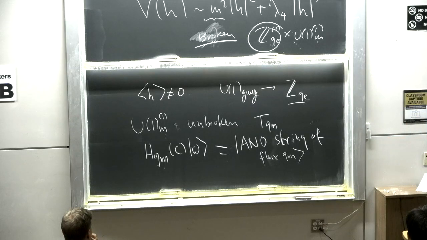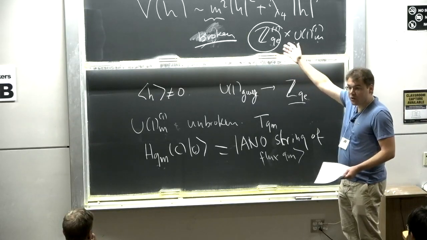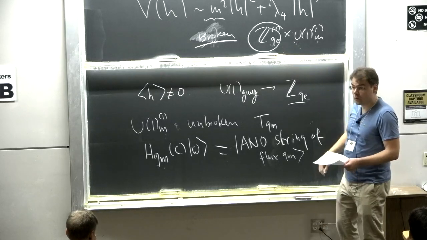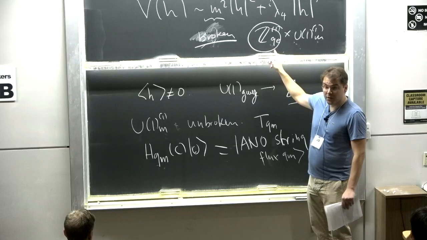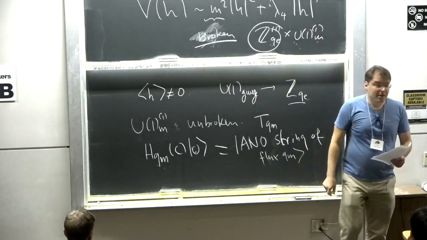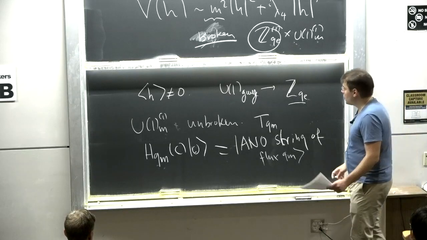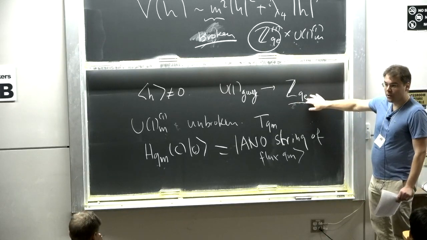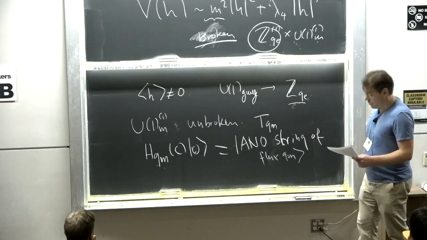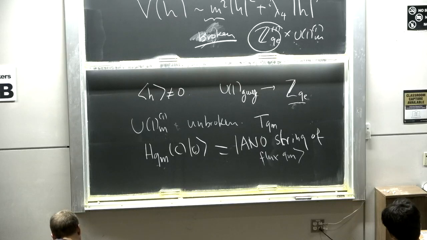OK, so when we spontaneously broke a continuous one-form symmetry, we got a photon. That was the Goldstone boson. Here we have a discrete one-form symmetry that's supposed to be spontaneously broken. And the thing you can ask is sort of what does that give us? What's the analog of the Goldstone boson? And the analog of the Goldstone boson is the deconfined ZQ gauge theory at long distances. So let me write down a nice effective description for that gauge theory, and then I'll say a few things about it.